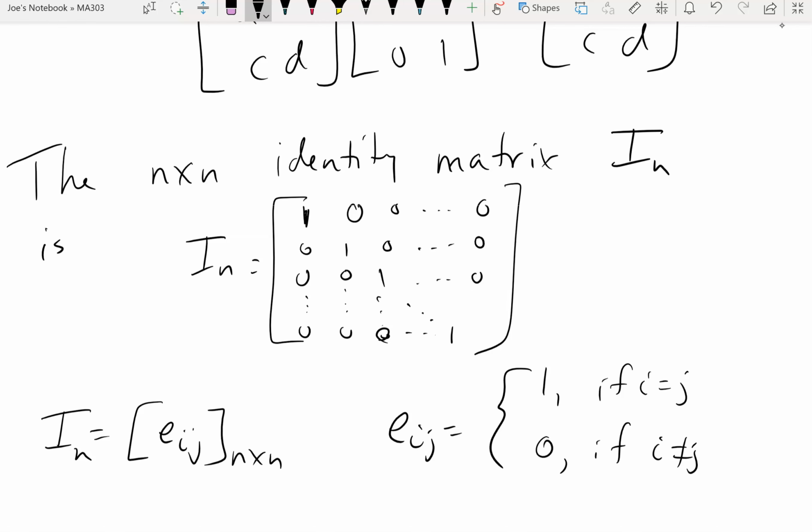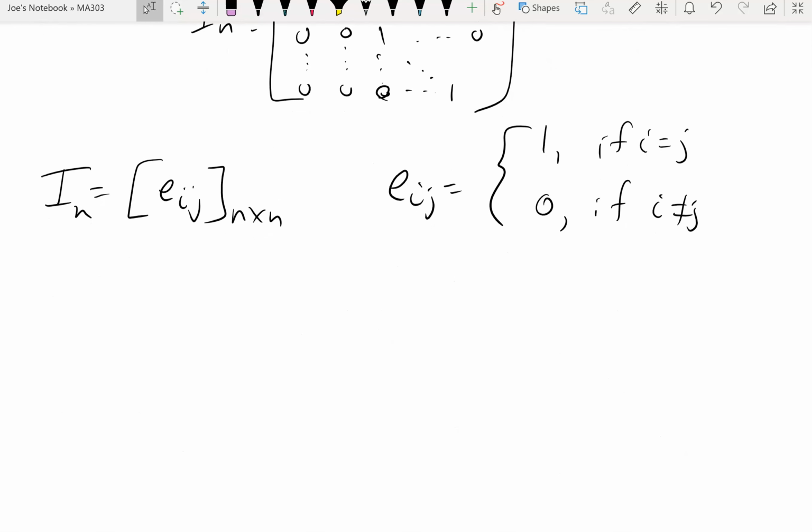So this is a more, I'll say, algebraic way to describe the identity matrix, because it's telling you where the non-zero entries, the 1s, are. So far, so good? All right. So using this notation, you can actually prove that if I take the I_n times an A, I'll get A back again. So the theorem is